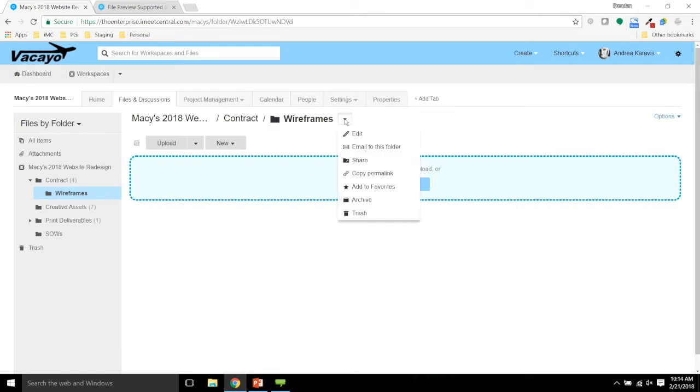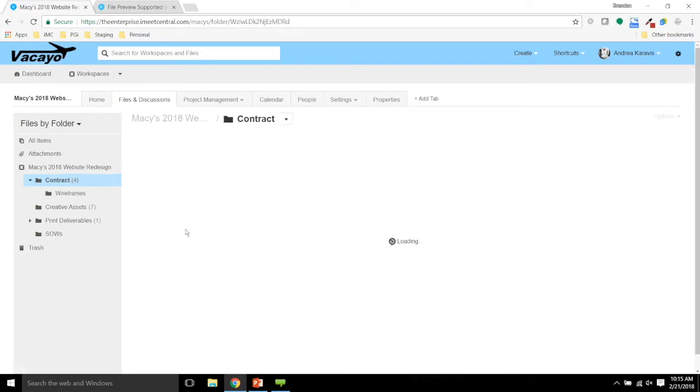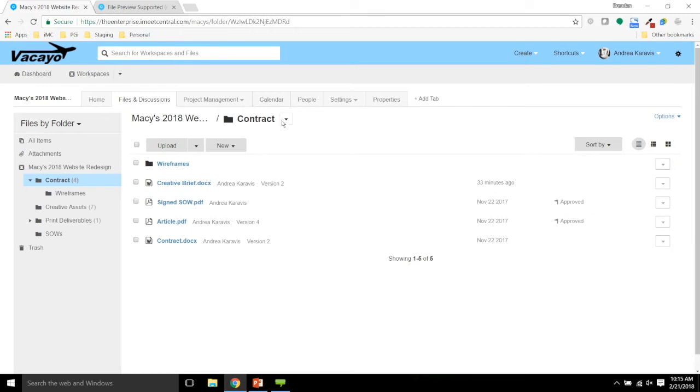Also from this drop-down menu, you'll see that you have the ability to share a folder into another workspace. This is especially useful if you have a folder with some assets in it that you need to make visible across multiple workspaces, but you need to control the versions in one place. So for example, if I were to go to my Contract folder and click this drop-down menu right here and click on Share,